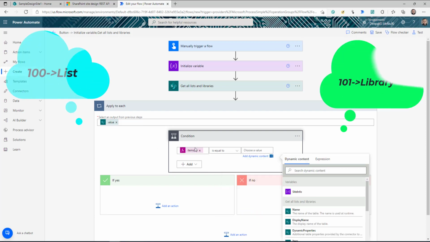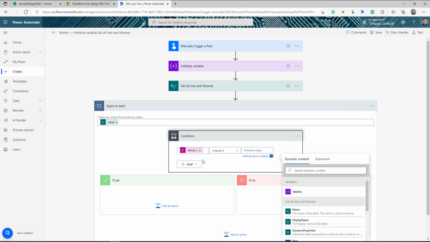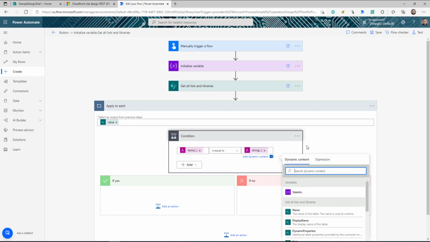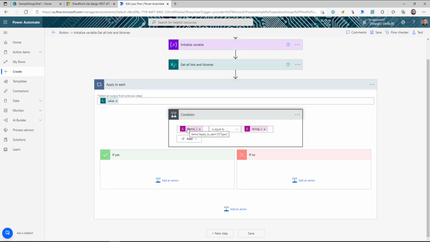So the condition is if the type is equal to 100, and 100 is list, right? And 101 is library. Now remember one thing, the response that I'm getting is not coming as 100 as a number, but it is coming as a string or text. So I'm not going to type the 100 here. Instead, I will go to the expression, I will say string, and then I will pass 100 and click OK. So here we are checking if the type is 100,